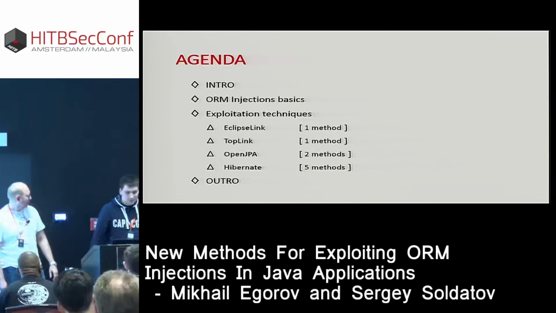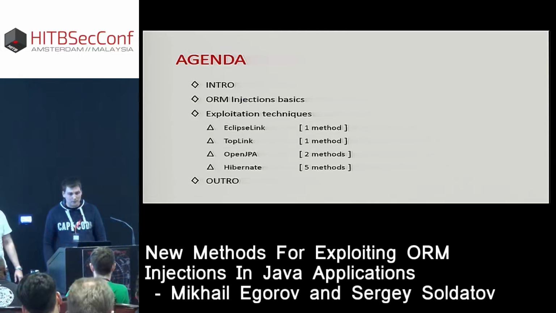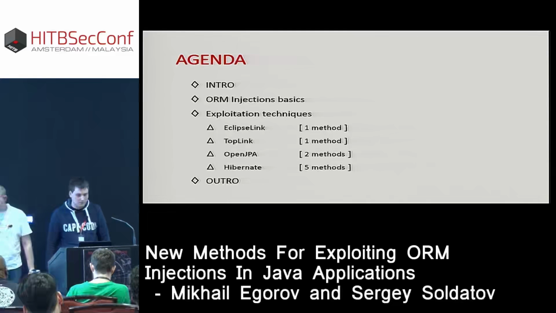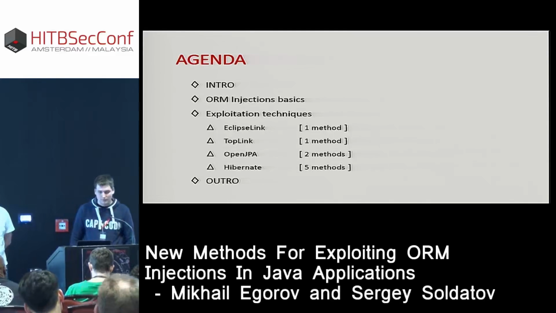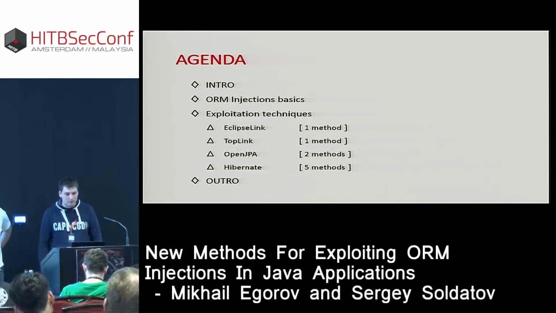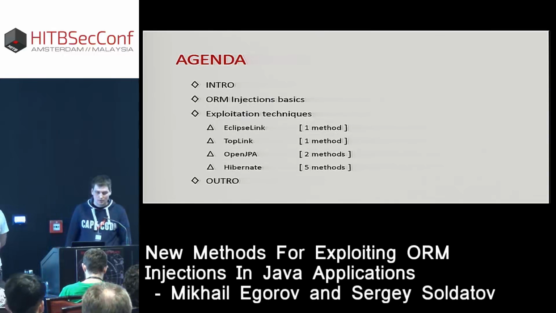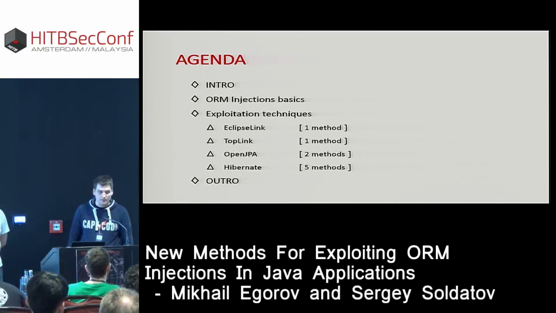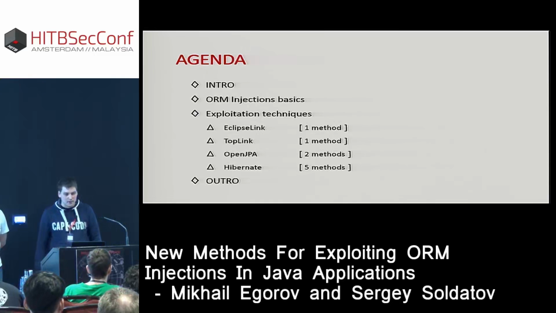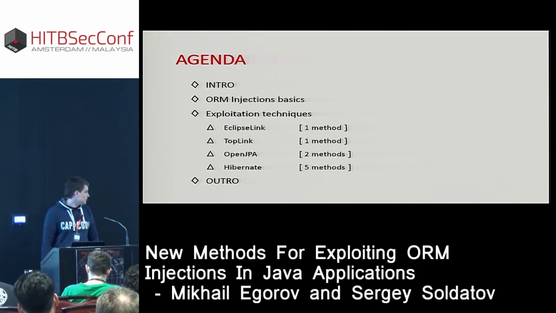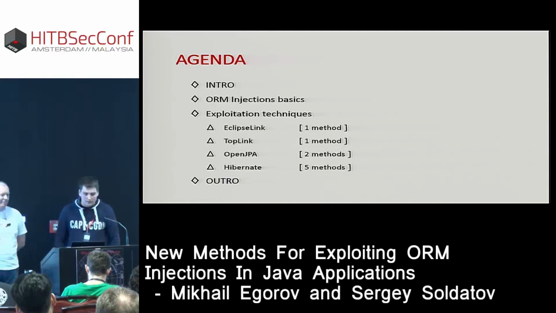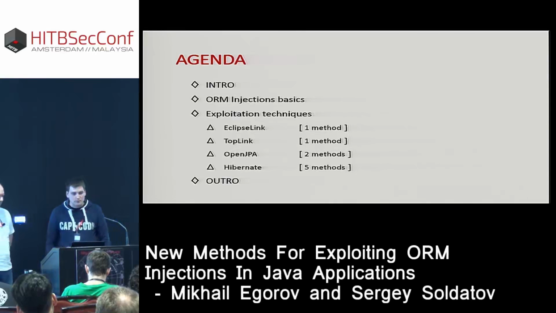Here you can see an agenda of our talk. It consists of 4 main parts. It has an introduction part. We'll shortly talk about what ORM is. The next part is about ORM injection vulnerabilities basics. The majority of slides are devoted to exploitation techniques we uncovered in different ORM libraries. And in the last part of our talk, we will summarize our techniques and present them in the form of